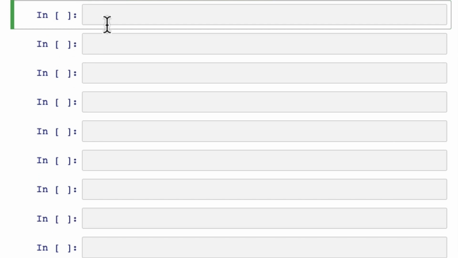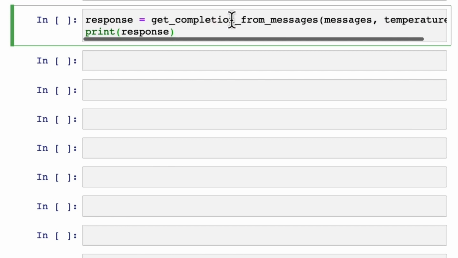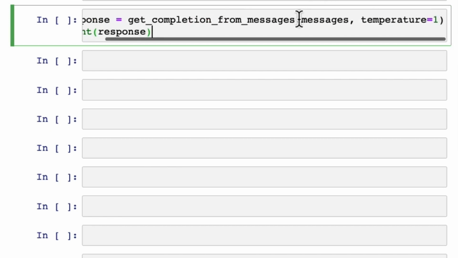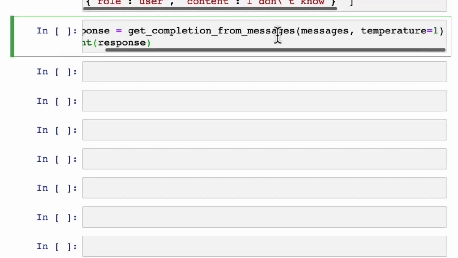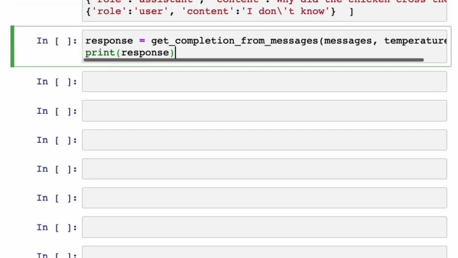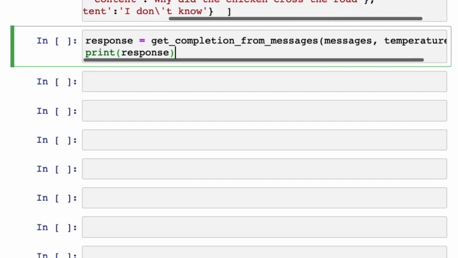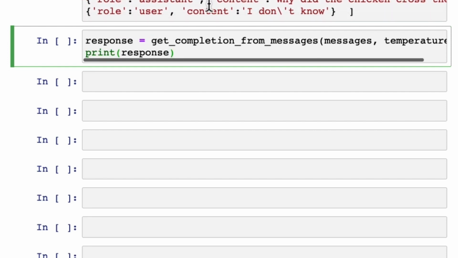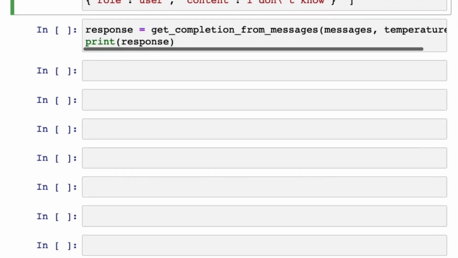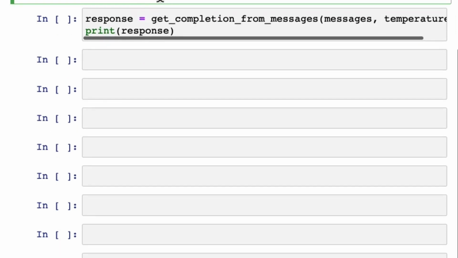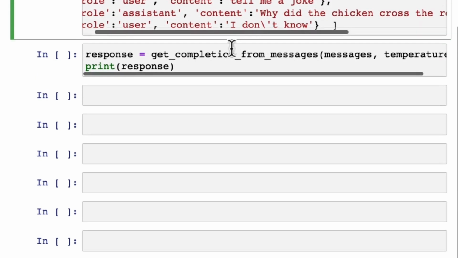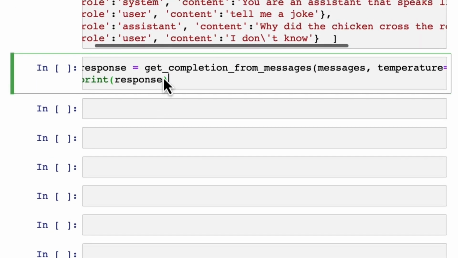So now let's try to use these messages in a conversation. So we'll use our new helper function to get the completion from the messages. And we're also using a higher temperature. So the system message says, you are an assistant that speaks like Shakespeare. So this is us describing to the assistant how it should behave. And then the first user message is, tell me a joke. The next is, why did the chicken cross the road? And then the final user message is, I don't know. So if we run this,